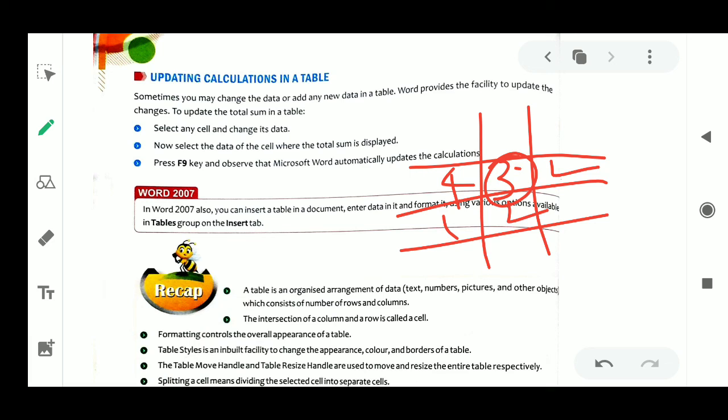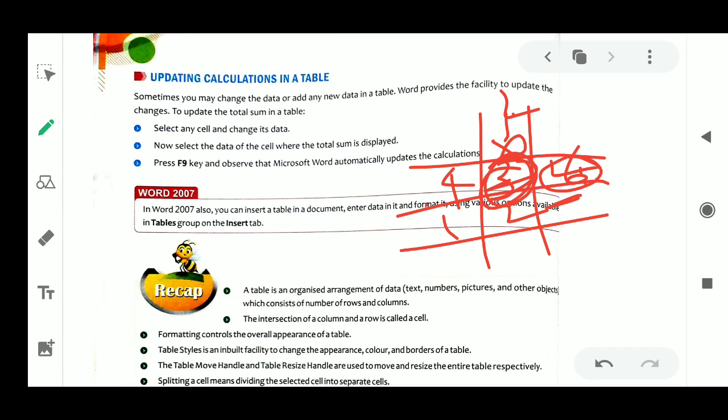You can select it and replace the data by 2 or whatever data you want. Now, because 4 plus 2 should be 6 here, I have to select the cell where the total sum is displayed, since I have already changed the data.